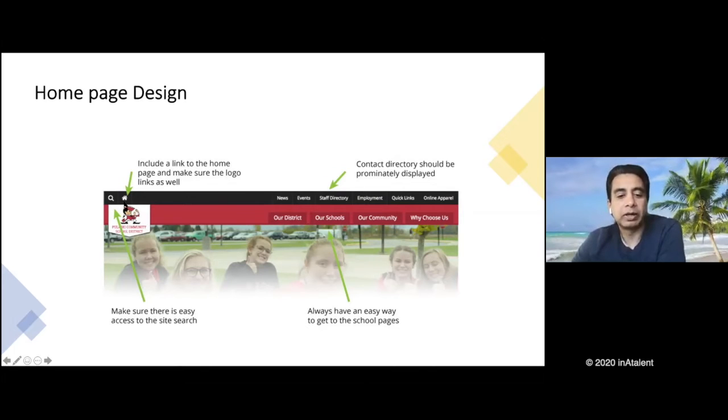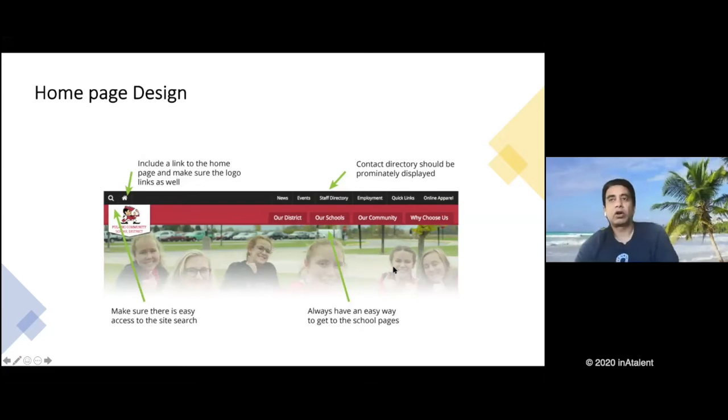So for example, in this particular website I'm showing, the home button is on the top left. So when you have breadcrumbs, that home button is helpful, and the breadcrumbs will show up after that. So that layout of the next couple of pages will not change. The search button is always helpful. Some sites have it on the left, a lot of other sites have it on the right, but just make sure it's in the same place on every single page. Otherwise, you'll cause confusion. A logo for your site, some images.